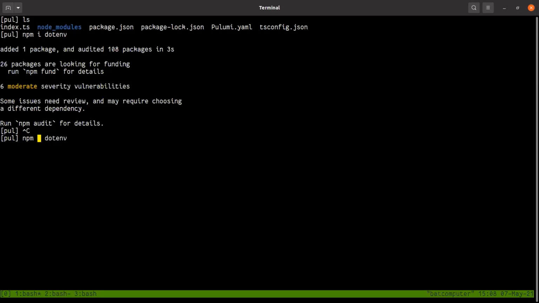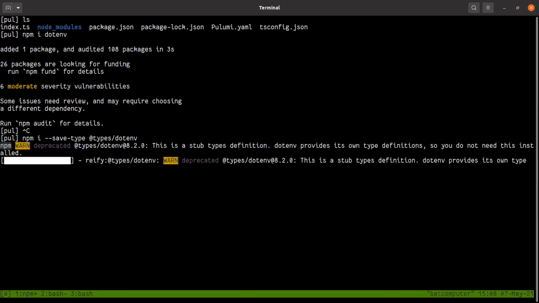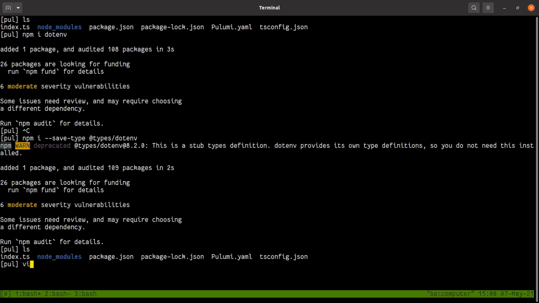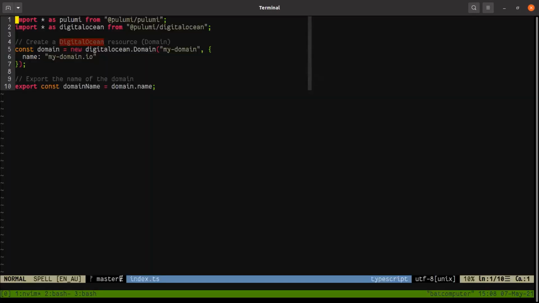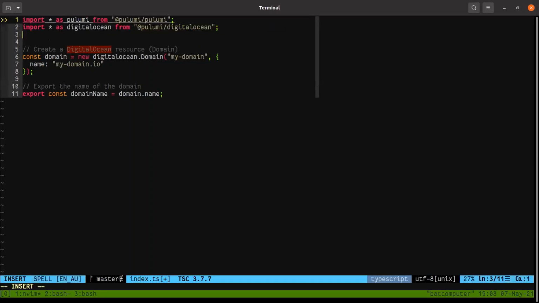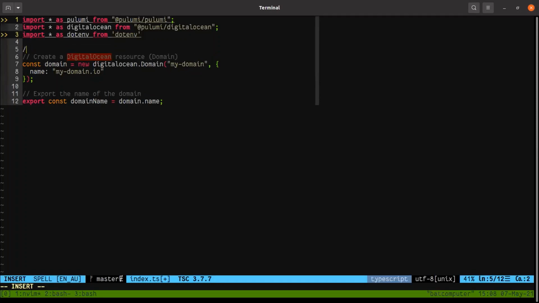Because I'm using TypeScript, I'm going to import the type. Right. Okay. So let's have a look at the program. This is the Pulumi program. So let me import dotenv first. Okay. So let me just comment out these guys.